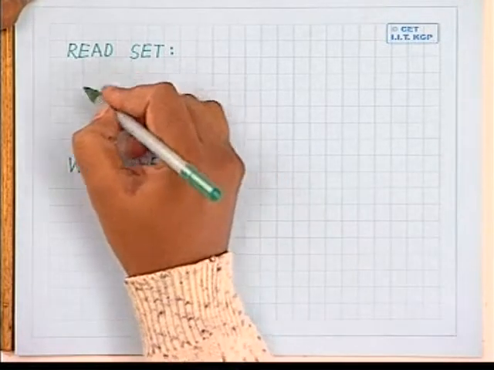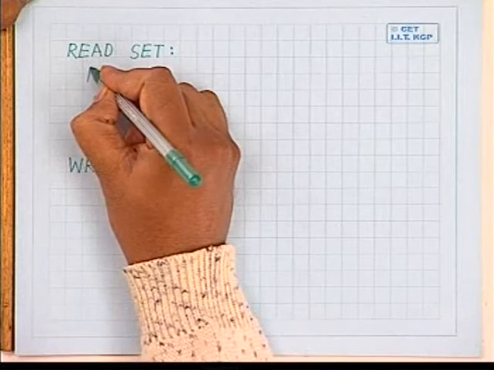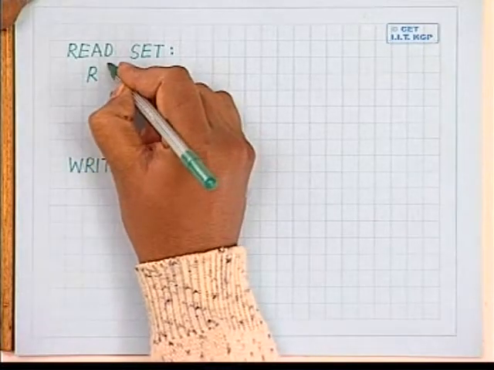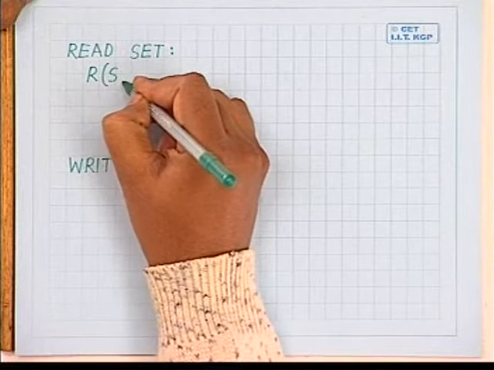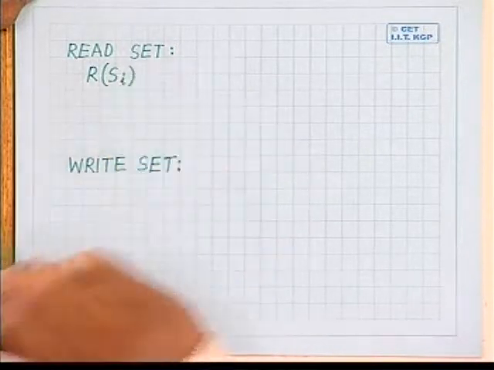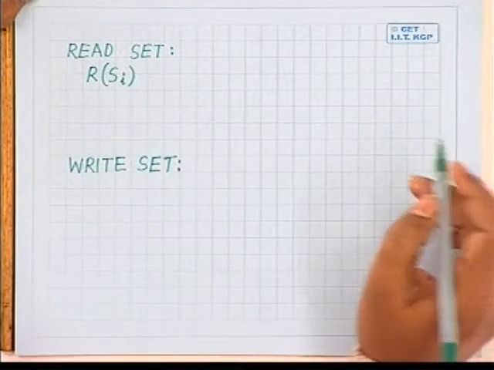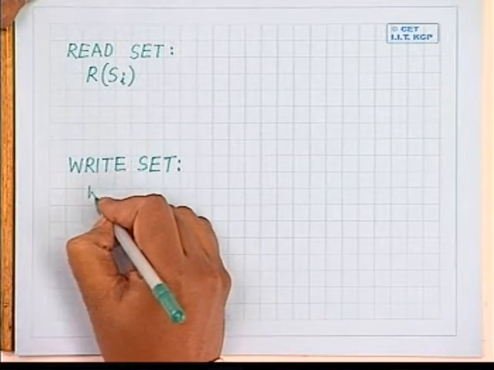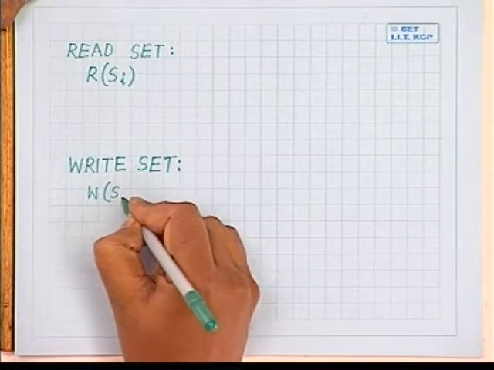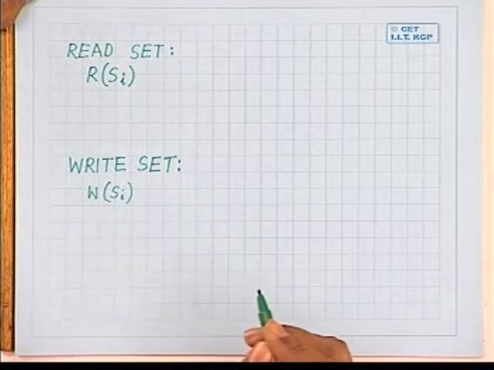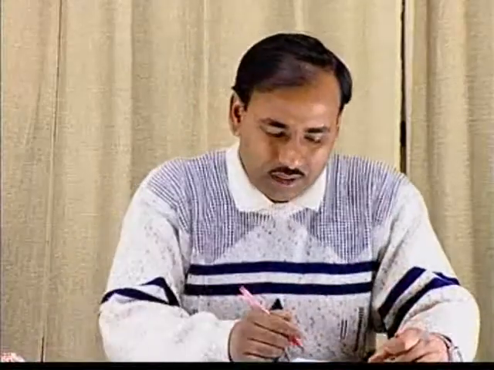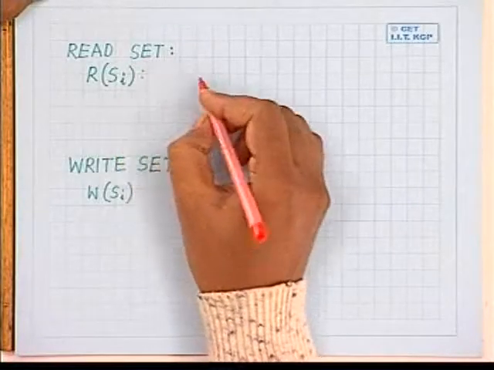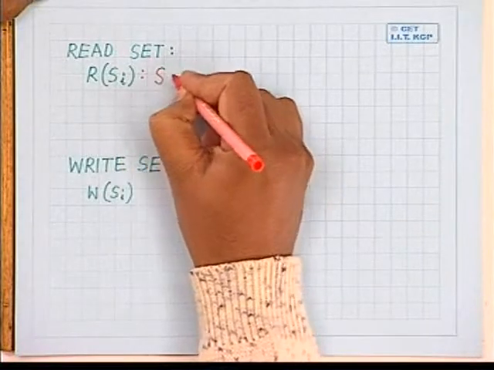The read set of a given statement or of a given module is represented by RSI, where SI is the ith statement or ith module. Write set is similarly represented by WSI, where SI is the ith statement or the ith module. Okay. Now we define like this: the read set of a statement or of a module is the set of variables